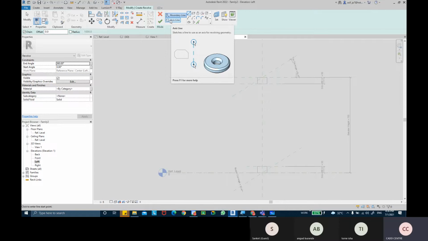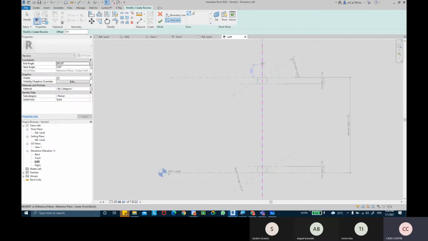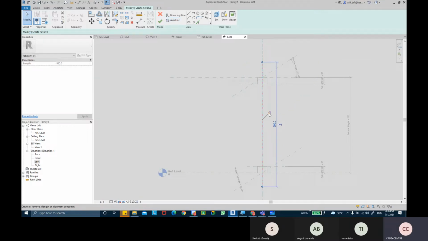So I'm going to pick axis line and draw it, so this will be my center axis line. You can lock the line also so that it doesn't move. You see this blue center line that is coming up, that is your axis line.